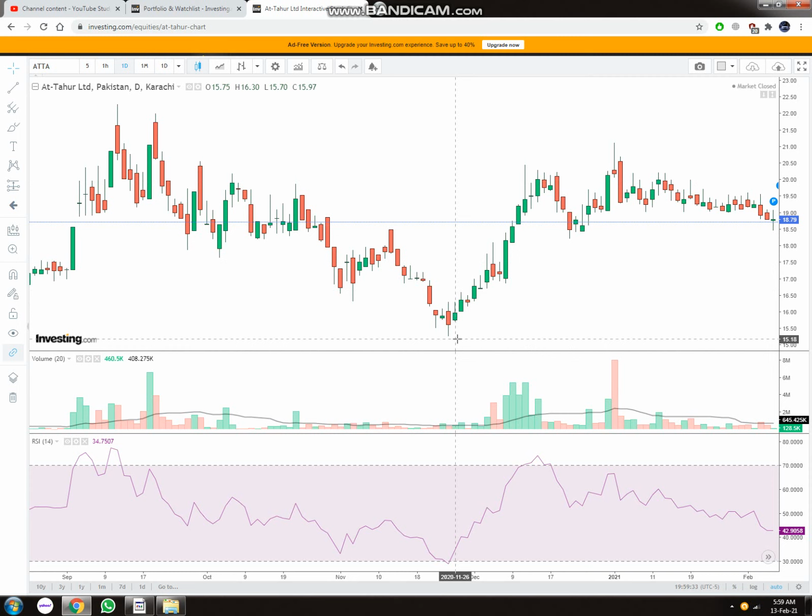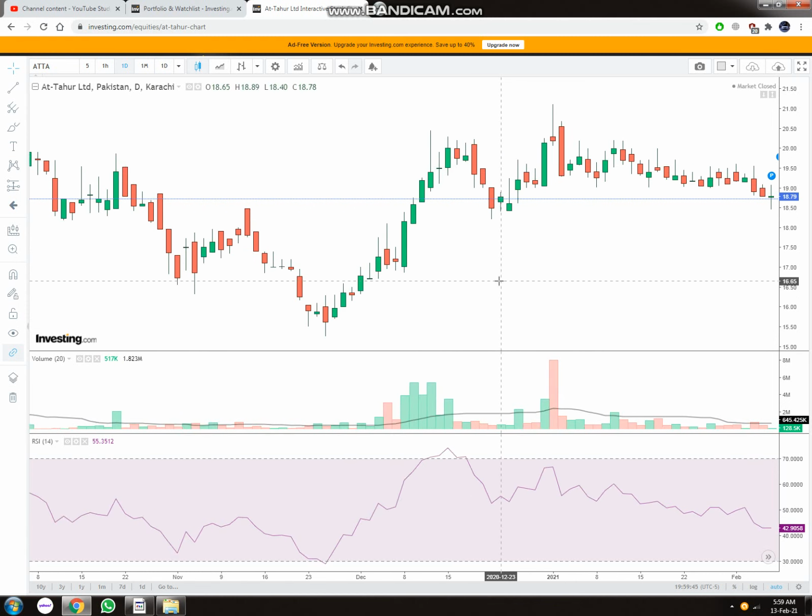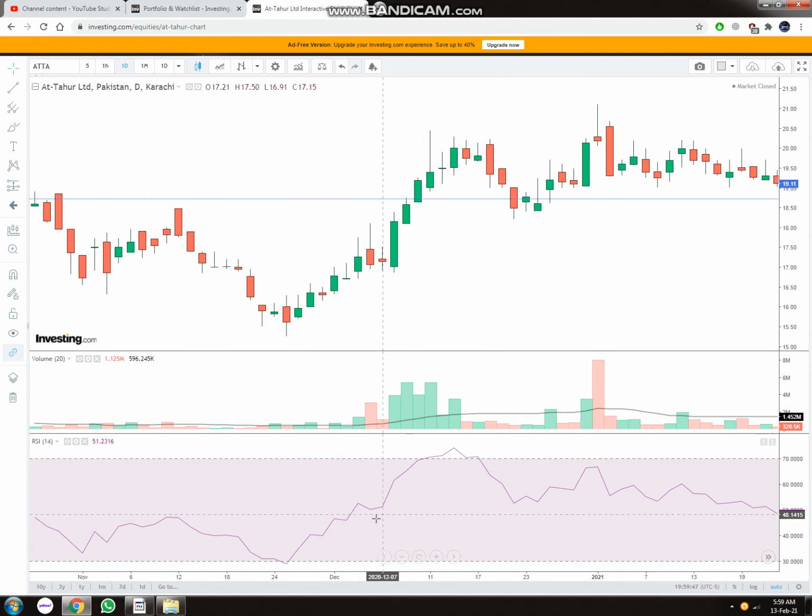As this is a 1 day chart, let me take it as an example. If this RSI shows bullish, if this candlestick shows slight bullishness, as it did here, take a clear look at these levels. It showed some bullishness, so this means that this trend will be a bullish trend. It will move in the upward direction.